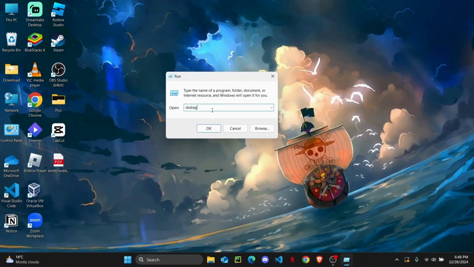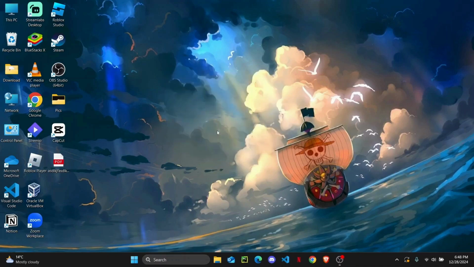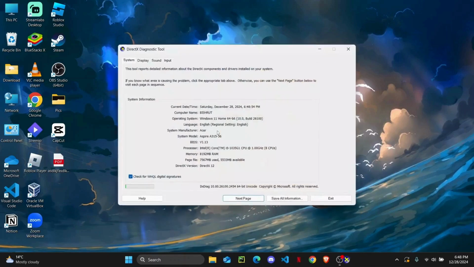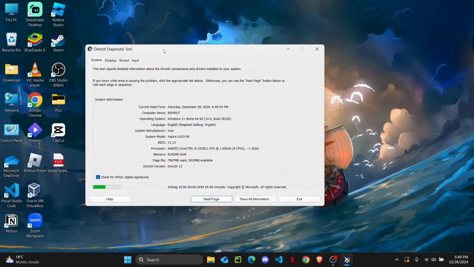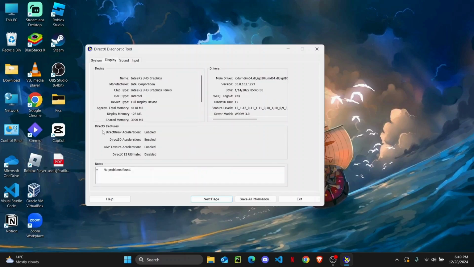And here you are going to type in this command, DirectX, and then press Enter or just click on this OK. Now it will open up a different window and you'll see your DirectX diagnostic tools. And on the top of your screen, you'll see different tabs like System, Display, Sound, and Input. You are just going to head over to the Display tab, and under your DirectX features, you'll find the DirectX